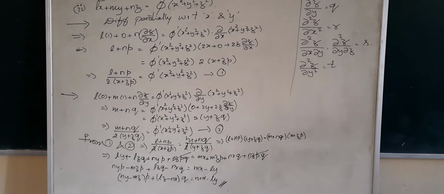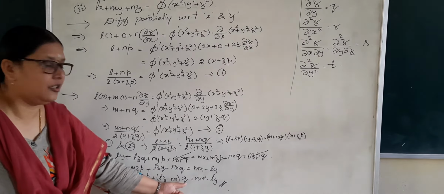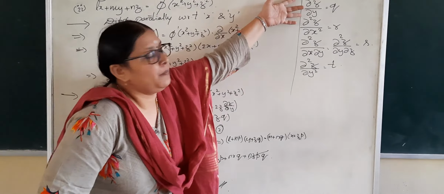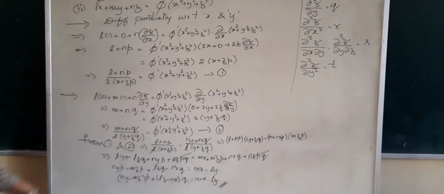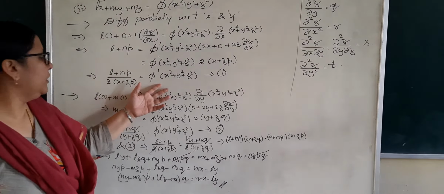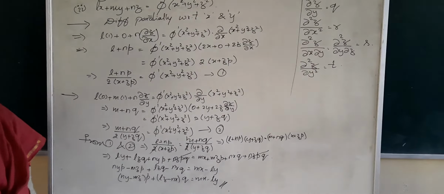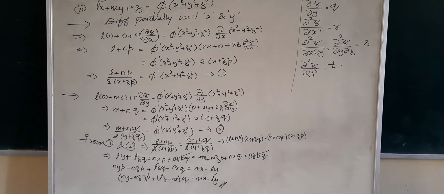Why is it in the standard form? Because it is in terms of coefficients for p and q. What are p, q? The partial derivatives. And of course, we don't even have the arbitrary function nor its derivative anymore in this equation. Hence, this is the final required PDE. Understood, guys?